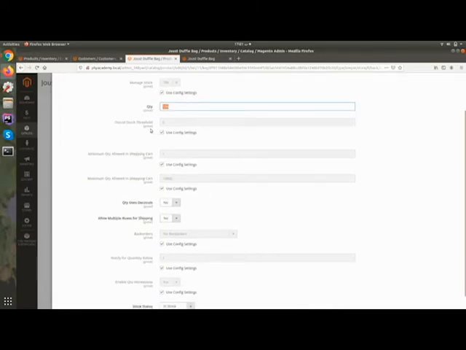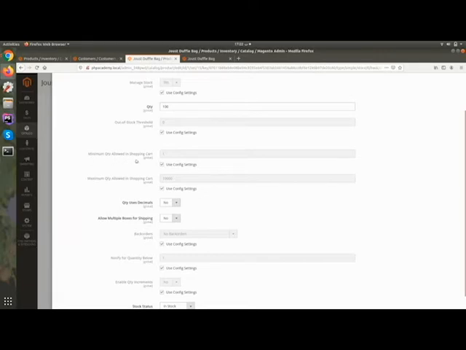Okay, then here it is out of stock threshold. It means suppose you want to set, for example, currently it is 100 and you want to set this product as out of stock when the quantity reaches 5. Okay, so you can select here and set it as 5. So when this product reaches 5 or less, this product will go out of stock. Okay, you can manage this out of stock threshold for all the products as a common setting from the configuration as well.